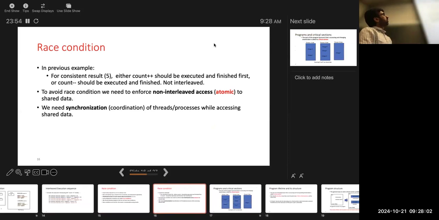In the previous example, for a consistent result, either count plus plus should be executed and finished first, or count minus minus should be executed first and finished. There should be no interleaving. To avoid the race condition, we need to enforce non-interleaved accesses, that is, atomic accesses to the shared data. Atomic accesses mean that